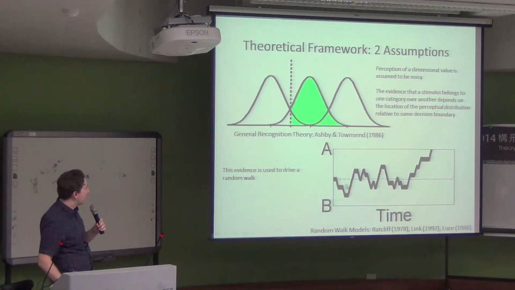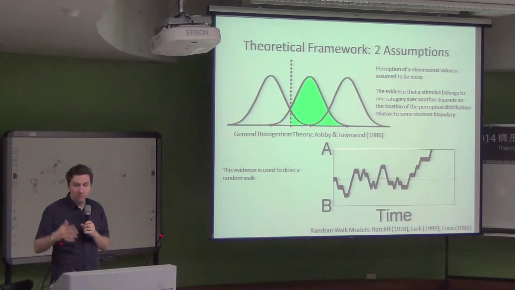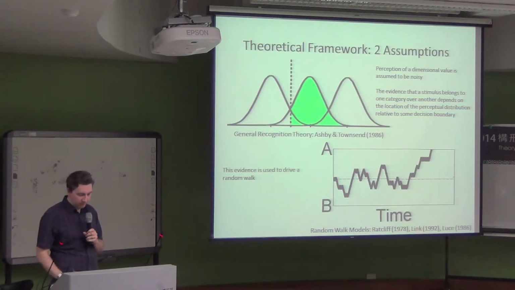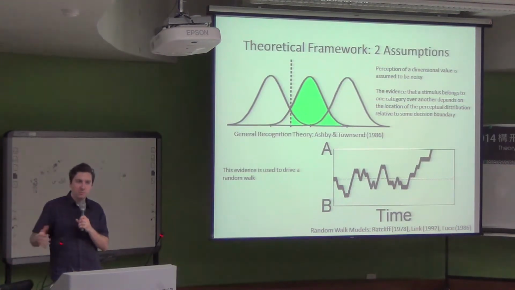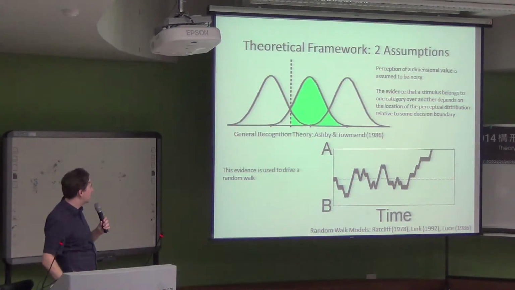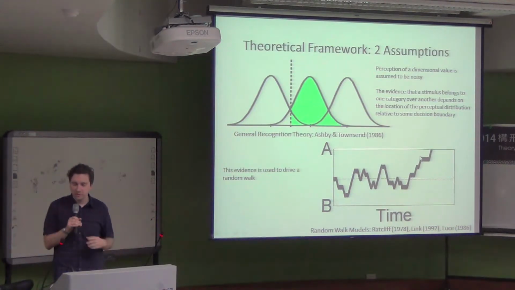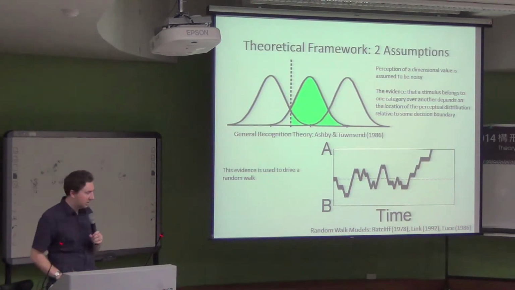The number of steps that it takes you to hit one of those boundaries gives you some estimate of the total time it takes to make that decision, or the actual decision time. The total response time then will be some combination of the amount of time it takes you to make the decision along with any other kind of non-decision time processes. Movement time and encoding time are the 2 that are typically discussed.